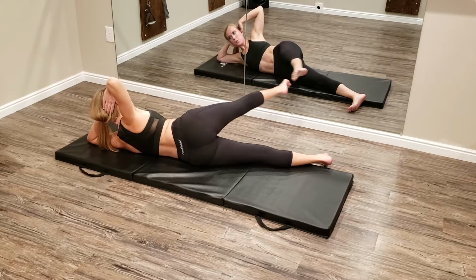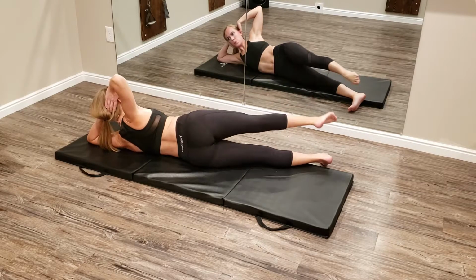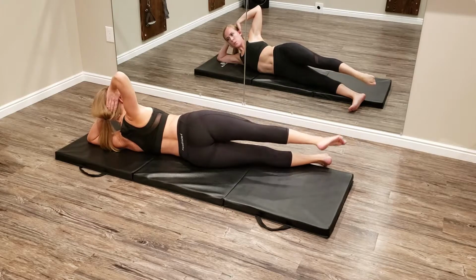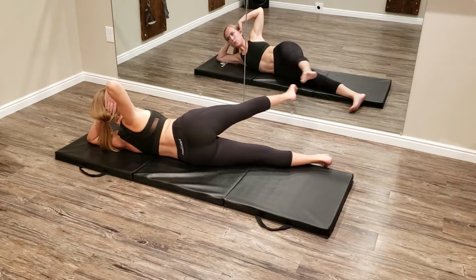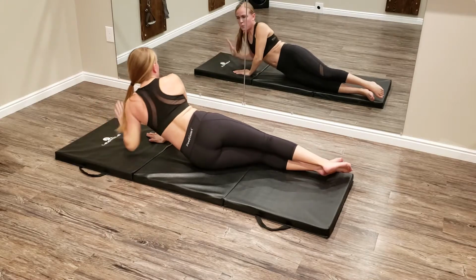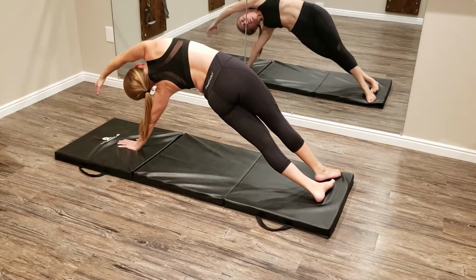Really, really hard to stabilize through the hips here. We're trying to keep our body as controlled as possible as we reach and extend and point and sweep back. This is one of those exercises that looks a whole lot easier than it actually is. Good, and lower down. Moving now into a couple of side bends, lifting up into that plank, reach up and